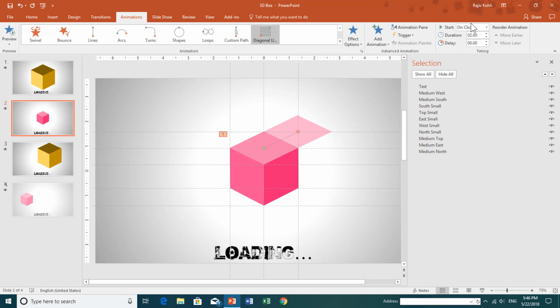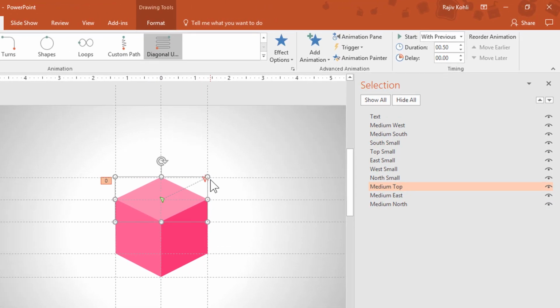Okay, I want to play this animation With Previous, with a duration of around half a second. And now I want all these parts to move in the same direction with the same length, so everything moves smoothly. For that I will copy this animation to the rest of the parts.